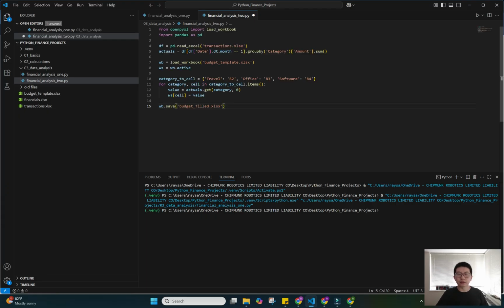The first step of the code is to import necessary libraries and functions. We're going to use the load workbook method from OpenPyXL to load a workbook into our worksheet. And also we're going to use pandas to create our data frame. The first step is to create the data frame using the read Excel method within pandas to basically read in the